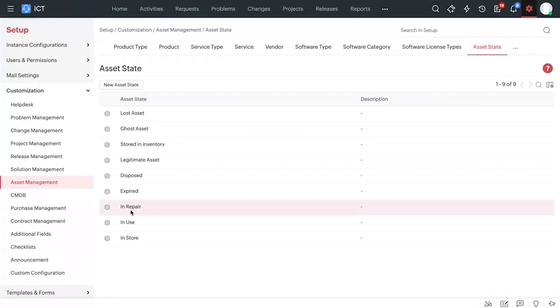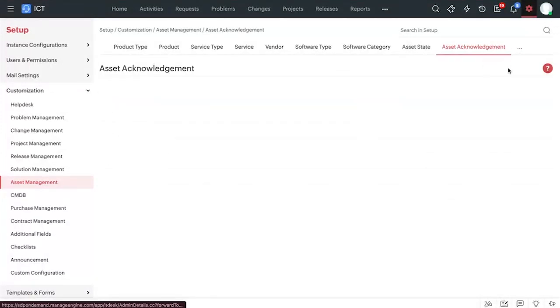Right? So we have disposed and expired, which are two states which will not be included in your licensing. The rest of the custom asset states along with the predefined asset states will be included in your licensing, right? So these are the quick tips and tricks I wanted to highlight, because we'll be talking about automation in a couple of seconds from now. So make sure you have your asset states listed over here before you even think of configuring automation for your